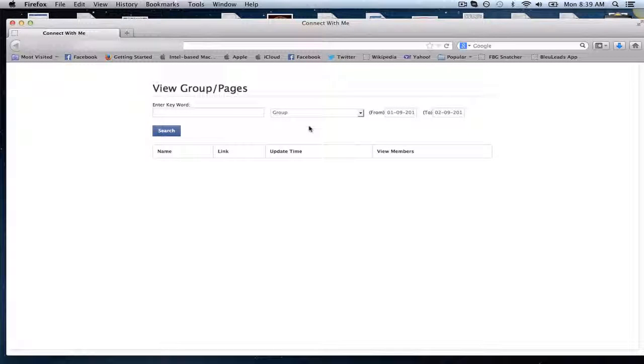All right, the software does a lot of different stuff. I'm not going to show every single thing in here because there's going to be a demo whenever the product goes live as well. But you can do groups, you can do pages, you can do from and to, and what this does is I can basically steal the marketing of anybody that's out there.